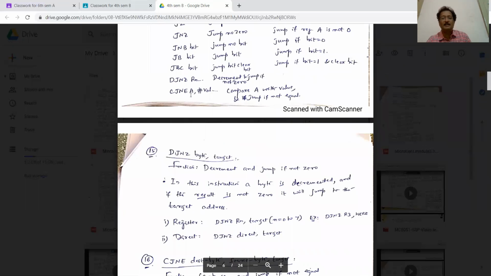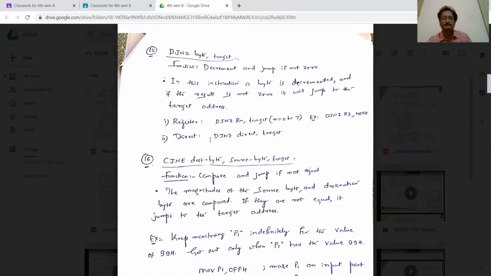And CJNE A, #data: it compares A with the value. If you are using a register, then the register will come like R2, R3, whatever it is. Compare that with the value and jump if not equal. If it is equal, go to the immediate next instruction.